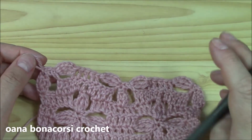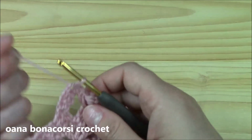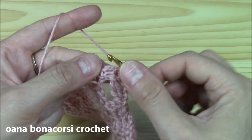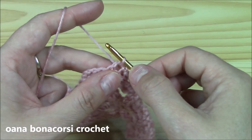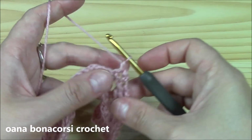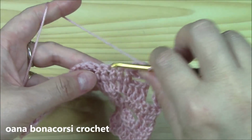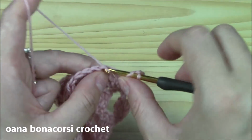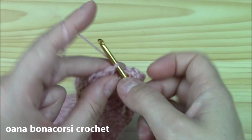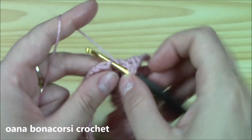So let's go ahead and work the next row. We will actually work it like this. We will chain 1 and turn into the chain 2 that we finished with. We just want to slip stitch, chain 1 and single crochet, chain 4, skip into the first double crochet of the 5 that we have here and work your 5 double crochets, 2, 3, 4, 5,